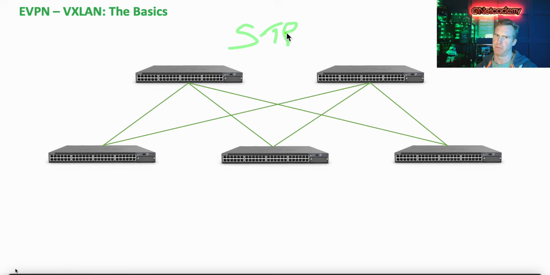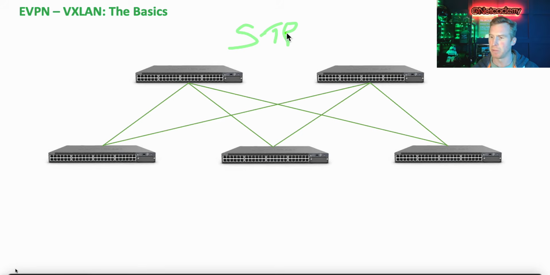Now, this is a protocol which really limits networks. I'm not saying it's a bad protocol. It's actually very, very good in what it does at layer 2. But it does so by blocking ports, by not allowing ports to be actually passing traffic, and thus preventing a